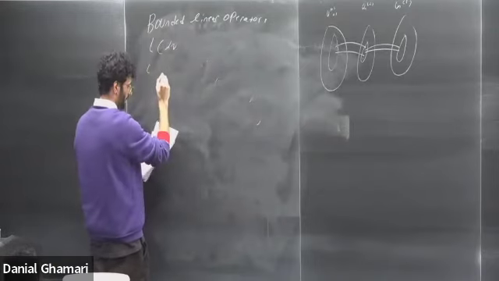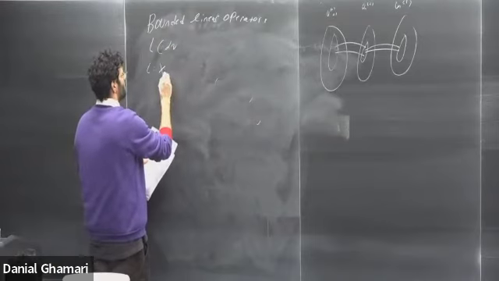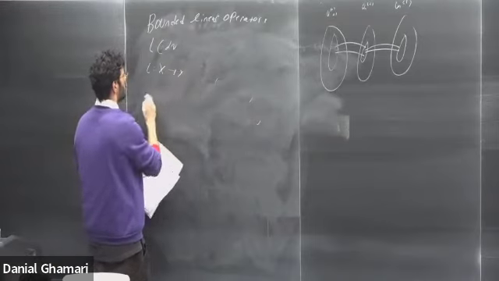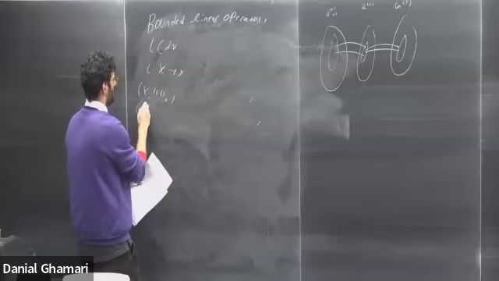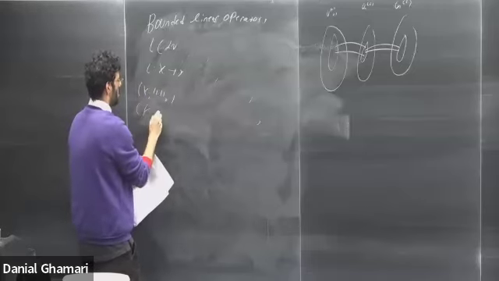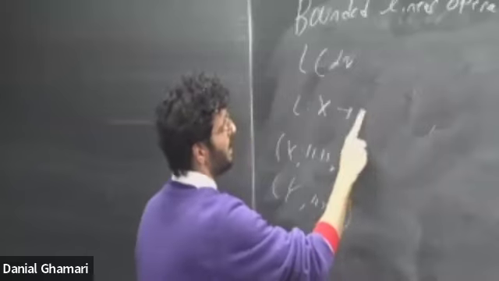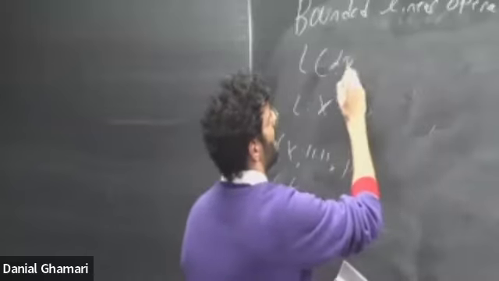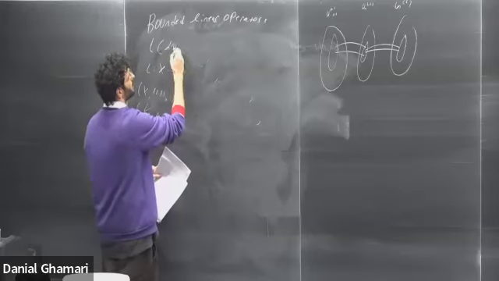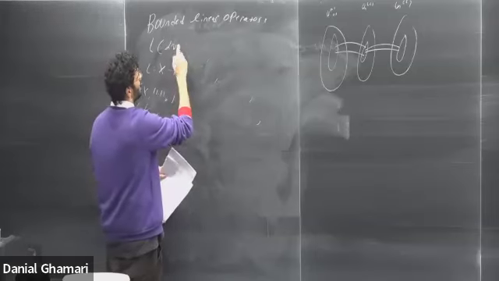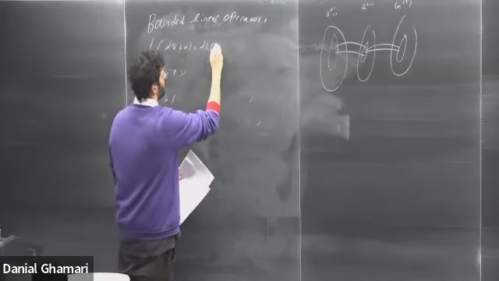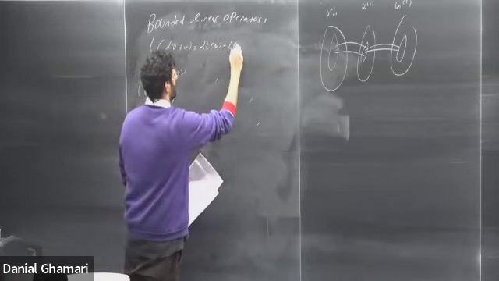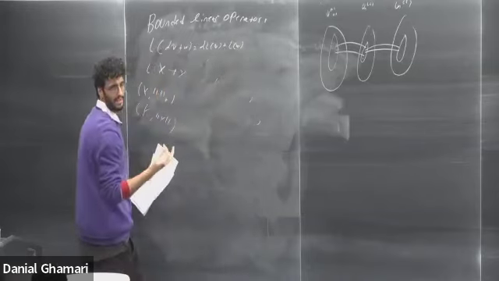So L, we'll say, goes from a normed linear space X to a normed linear space Y. So X has some norm, and Y has some norm involved with it. And then if I have L of alpha, where alpha is some scalar, V is some vector in X, plus W, that equals alpha L of V plus L of W, just classic linear.